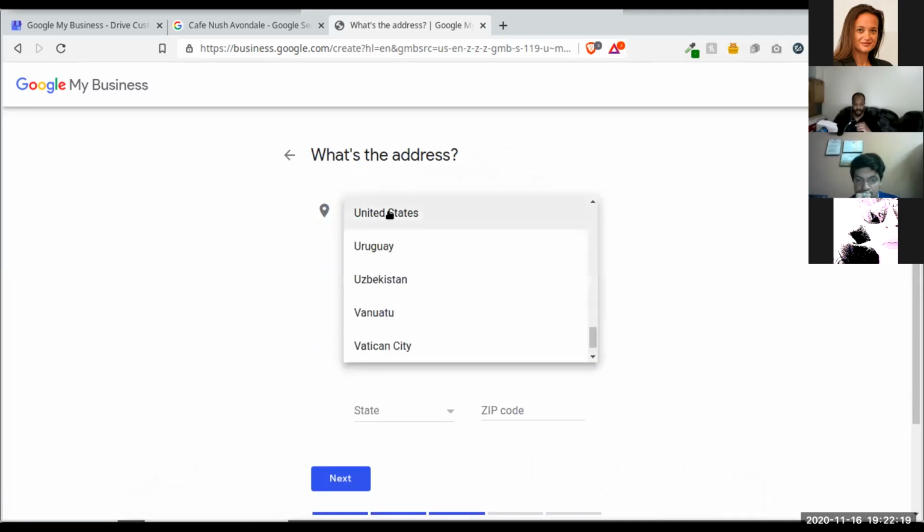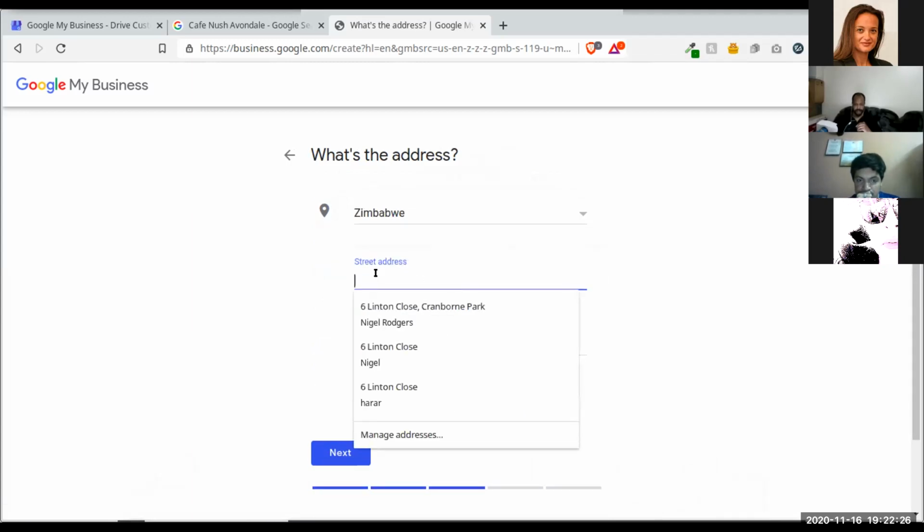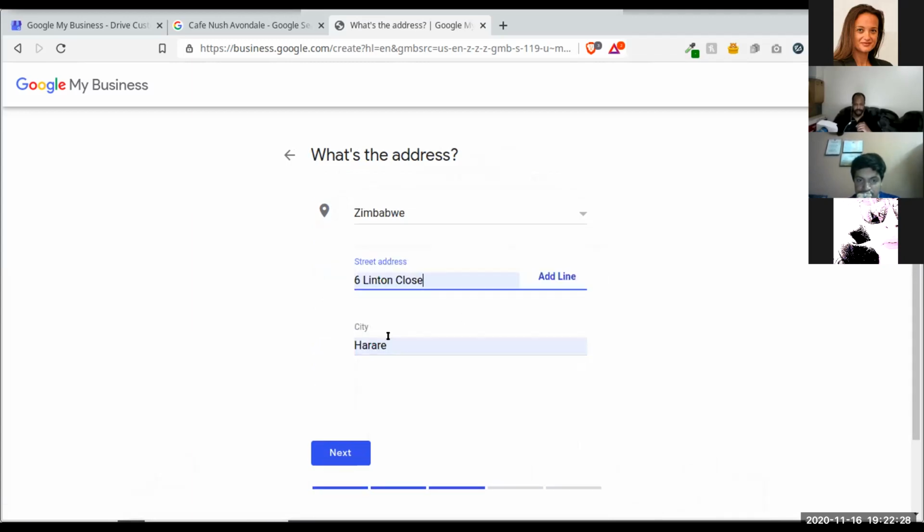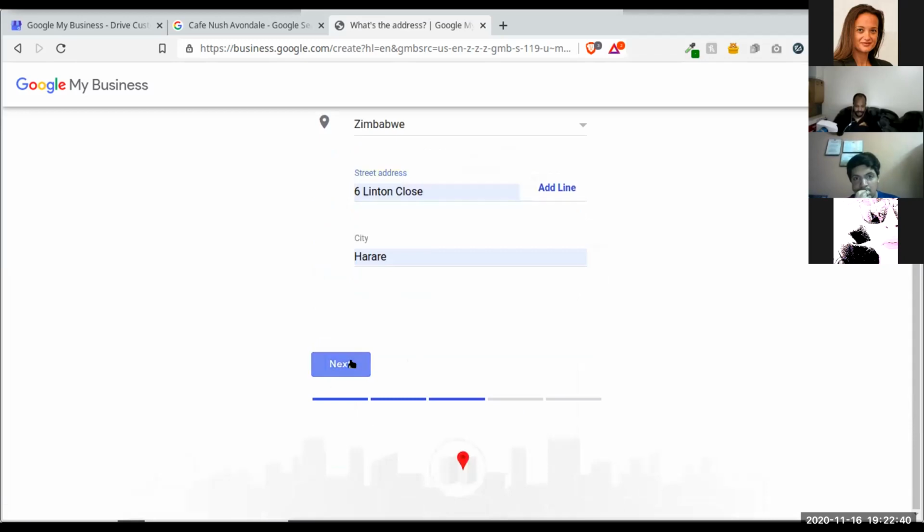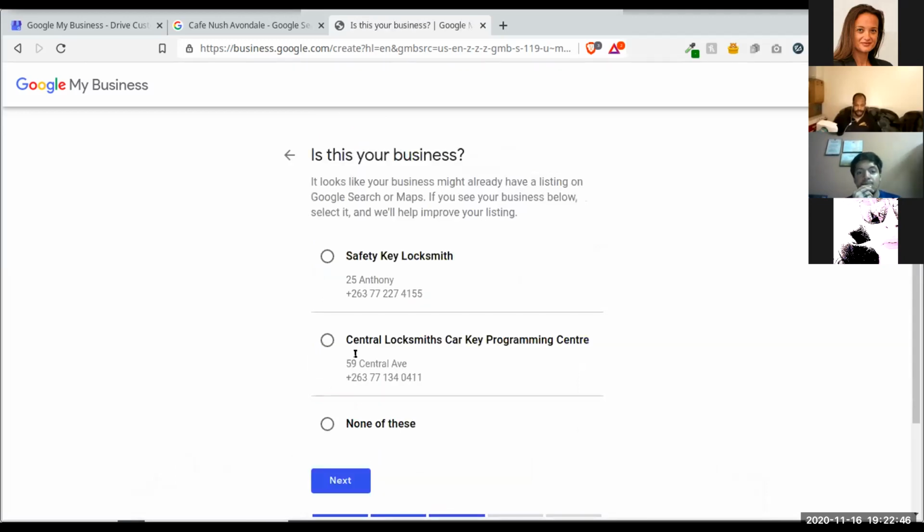And then address, you can select your country. I'm gonna put Zimbabwe. Oops, my address is turning up for my autofill. So yeah, that's one of my addresses. And city Harare, and then click next. And then